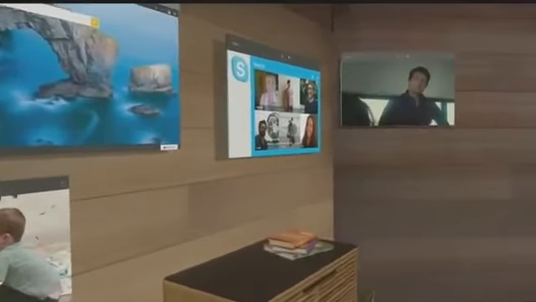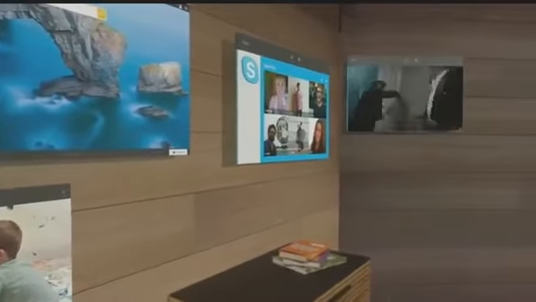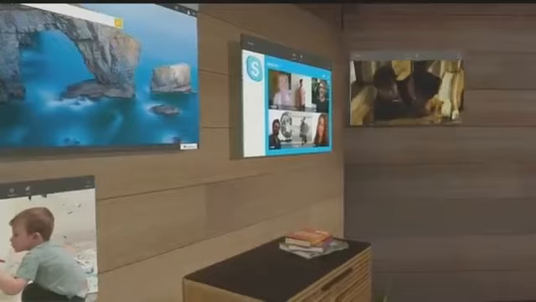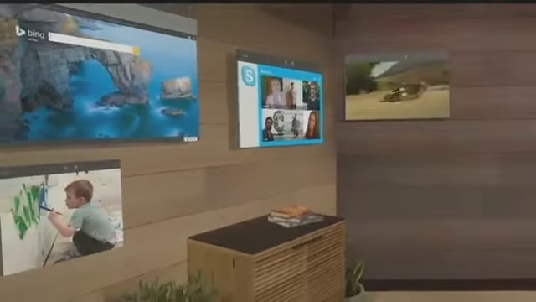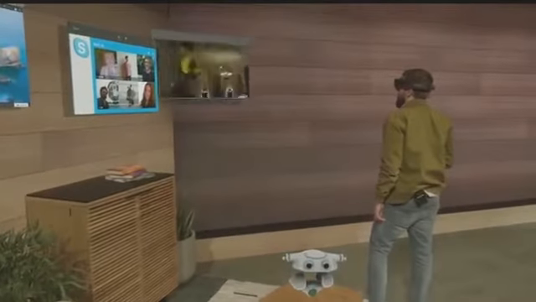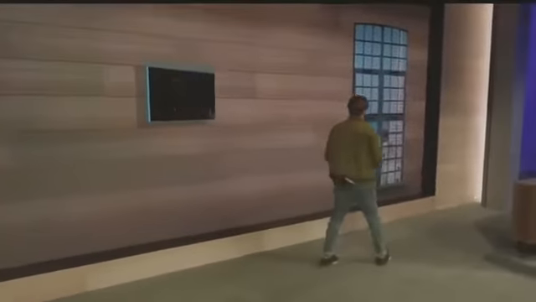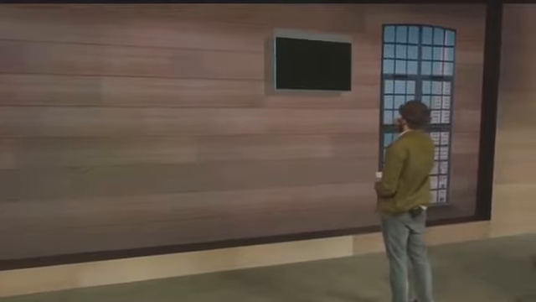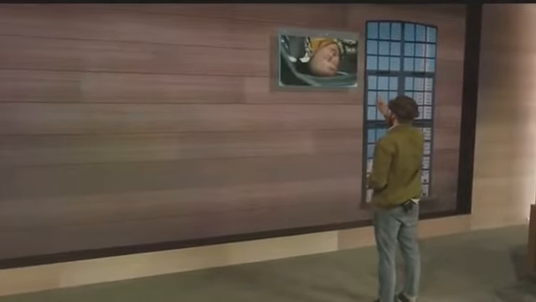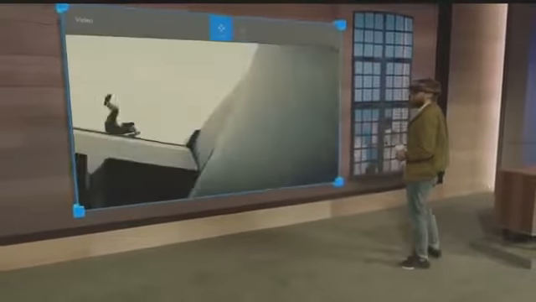Now, what if Darren has things to do around the house? He shouldn't be confined to watching just on one wall. He should be able to take his entertainment with him anywhere and remain hands-free as he does it. Yeah, so all I need to say is follow me. Now wherever I go in my house, my entertainment tags along. All right. And where I'm going, I simply place it, and I can scale it as big as I want.